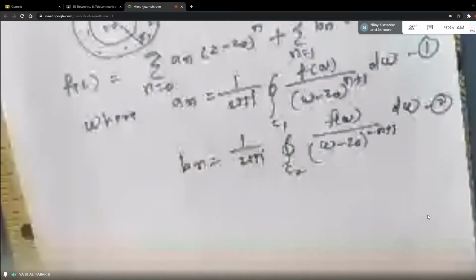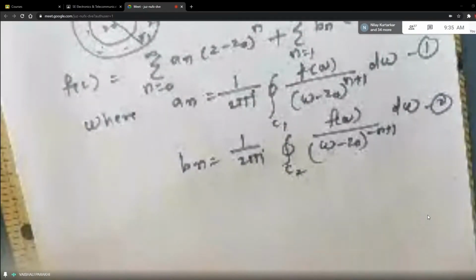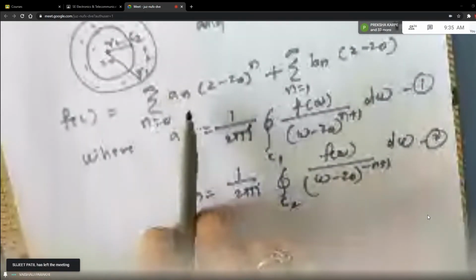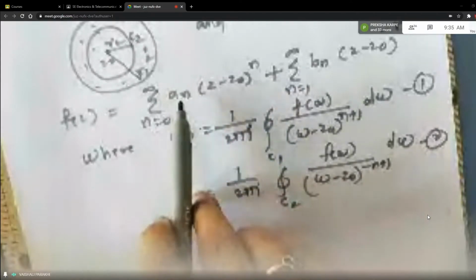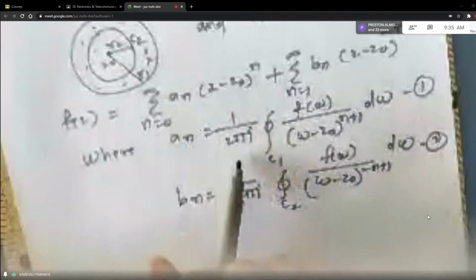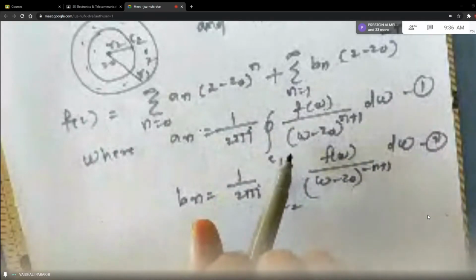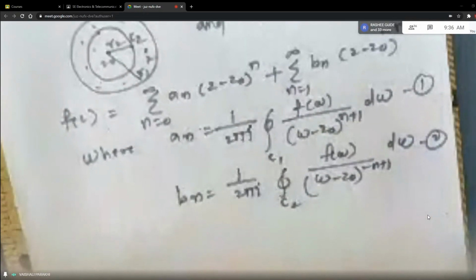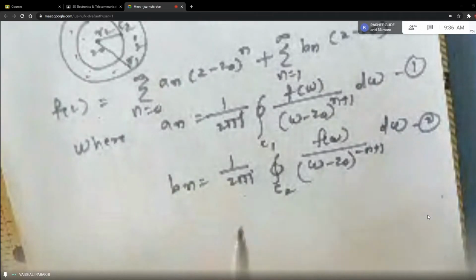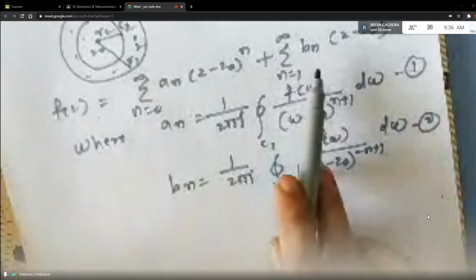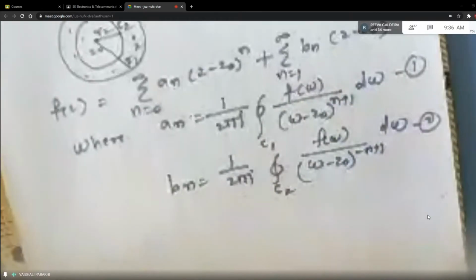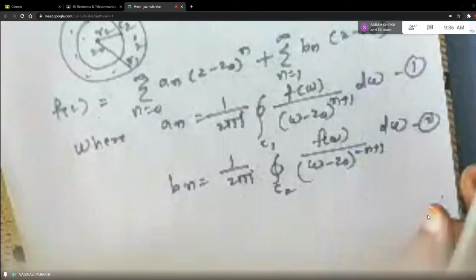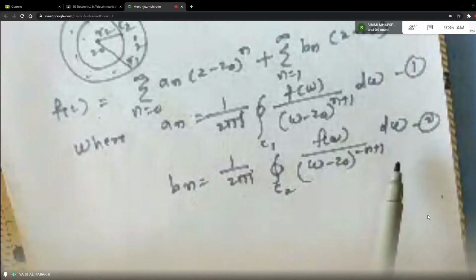So now see carefully, students. The main formula for Laurent series, like how you remember the Fourier series, similarly you remember the formula for Laurent series. What is it? Summation of a n z minus z naught raised to n. What is a n in this? a n is given by 1 upon 2 pi i integral of f of omega upon omega minus z naught raised to n plus 1 d omega. While solving problems, you will come to know what that omega stands for. Similarly, the second term in the Laurent series is the summation of b n z minus z naught raised to minus n. So the power is plus n for the first term and minus n for the second term. And the formula for b n is given like this.